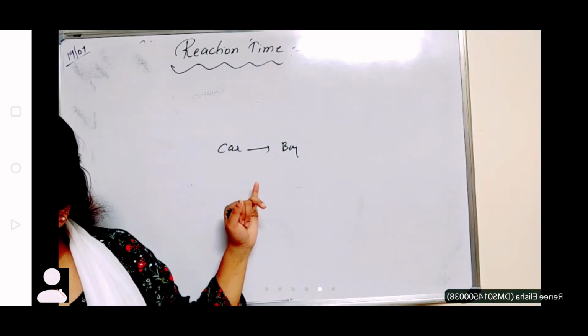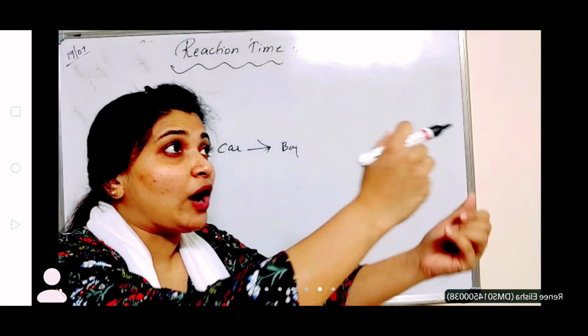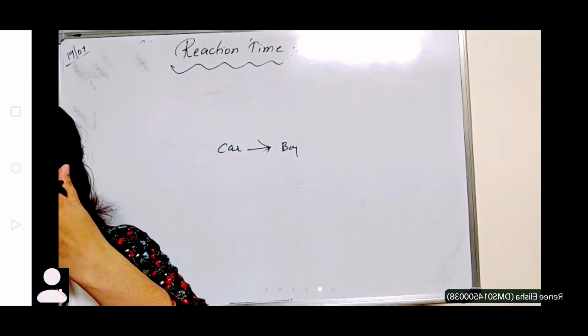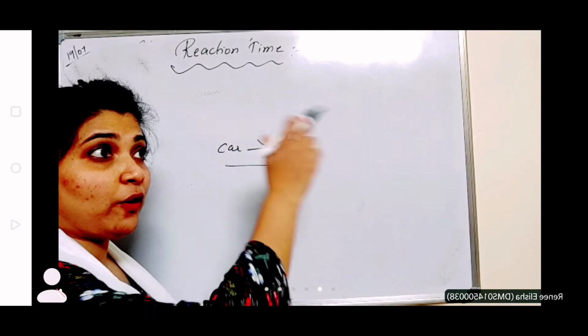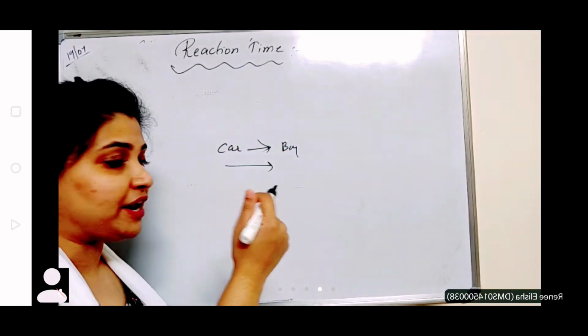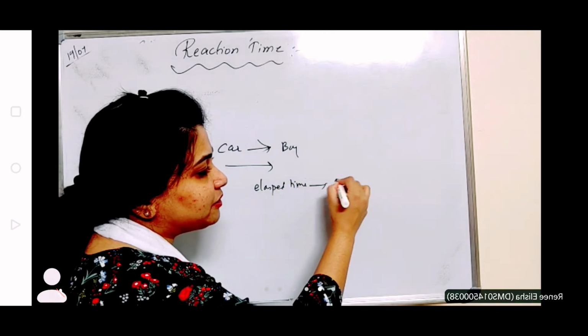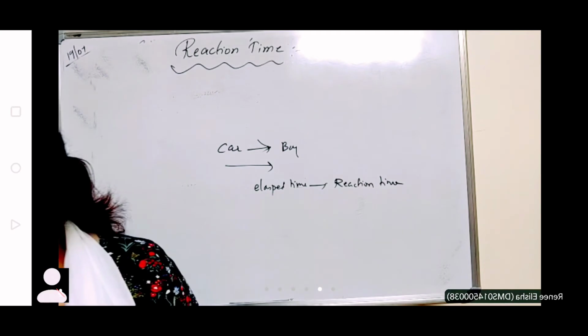Right? So the time elapsed before he applies the brake, by looking at how much time he took to apply the brake immediately, that is called reaction time. The time elapsed between this person observing, thinking, and acting to apply that brake, that elapsed time is nothing but reaction time. Clear? That is called reaction time.